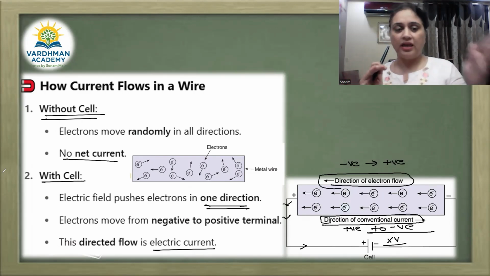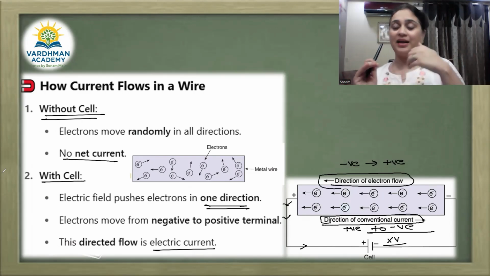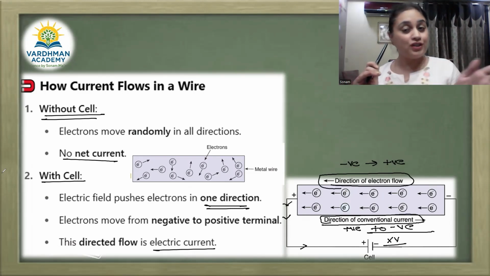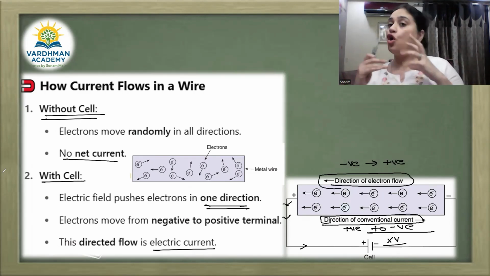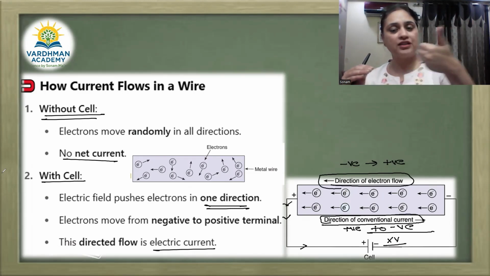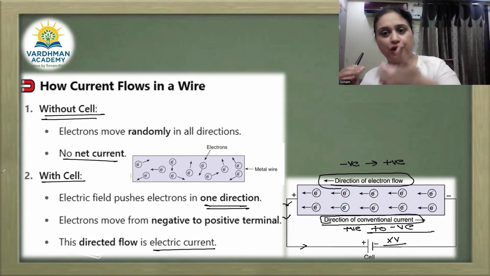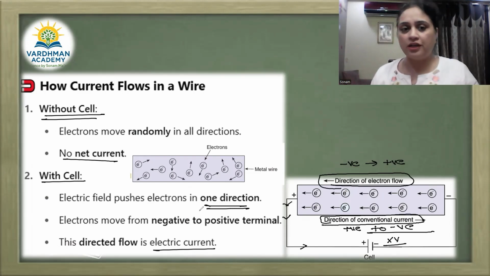So when it is without cell, when we are talking with cell, that means you have given an EMF, you have given an electromotive force, you have given that push, you have given that energy to let the electrons flow, right? And electrons कहाँ flow करेंगे? Towards the positive, क्योंकि opposite charges attract करते हैं. तो जहाँ scarcity होगी negative end पे तो already ample of electrons है, तो वो कहाँ के move करना start करेंगे? Where it starts moving from the negative terminal to the positive terminal.